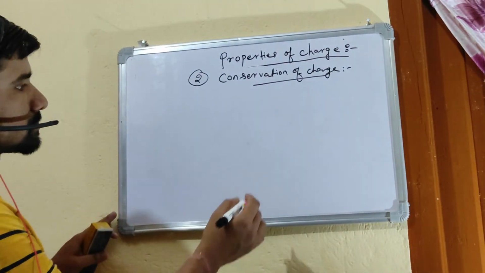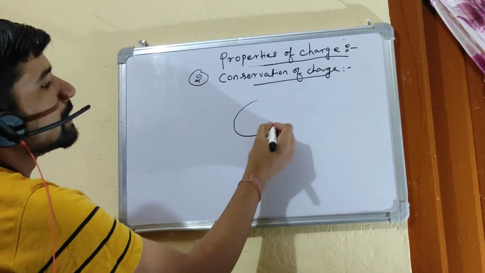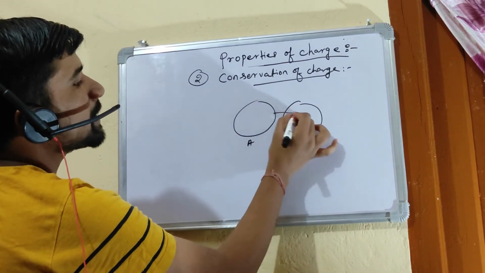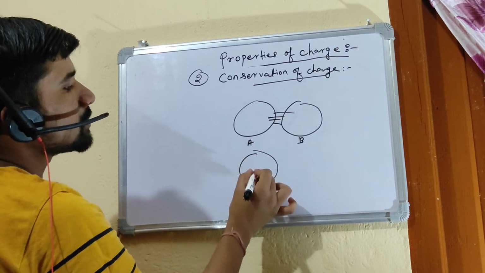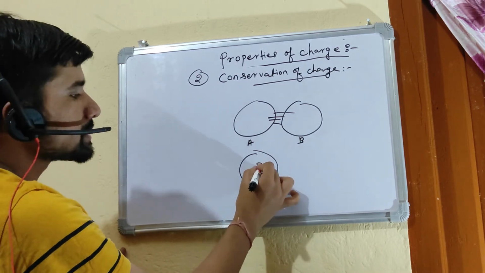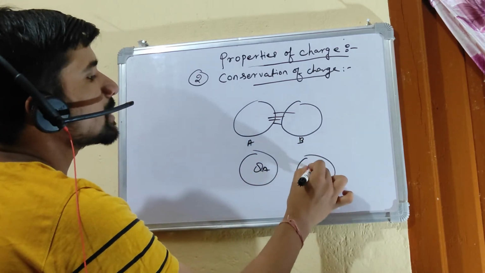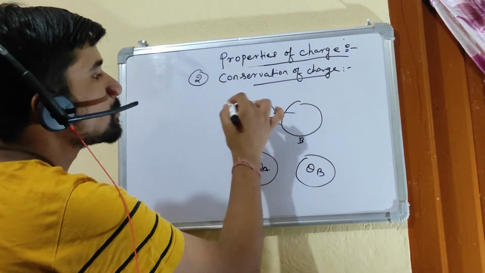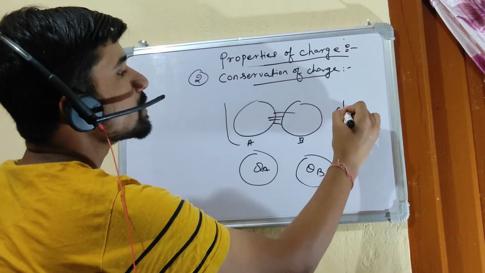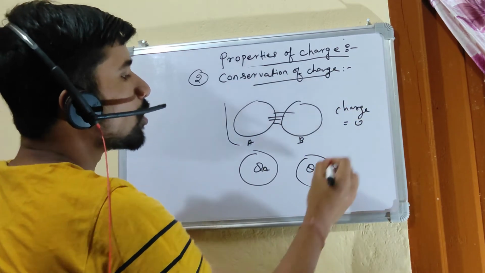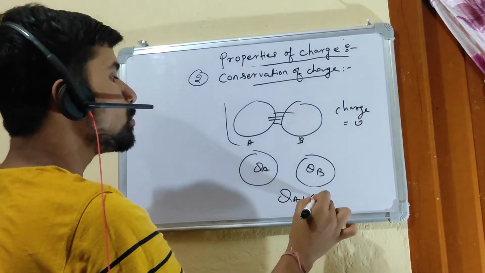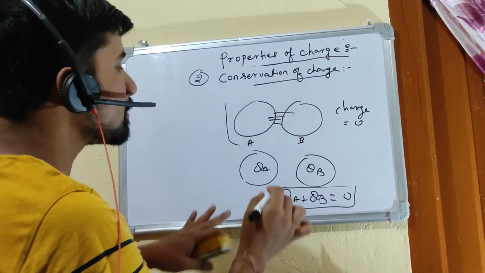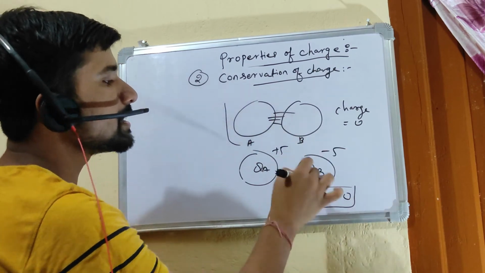So like I said, let's say there is a body A and body B and they are rubbed against each other, and this actually develops QA charge and this actually develops QB charge. So net charge is still constant. Initially both were uncharged, so initial charge was 0. So now also QA plus QB will be 0 only. It might be the case that it develops plus 5 and it develops minus 5 and net sum is 0,